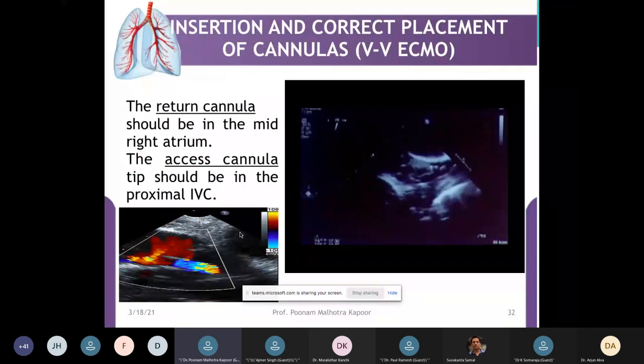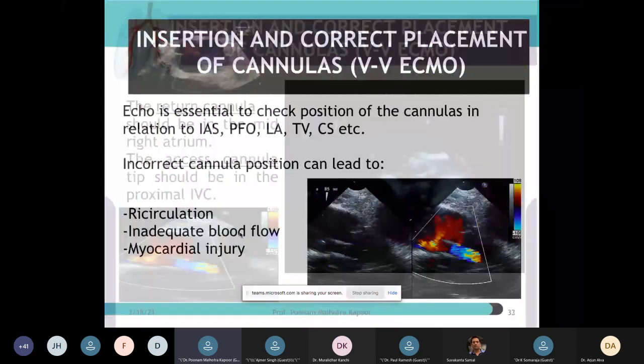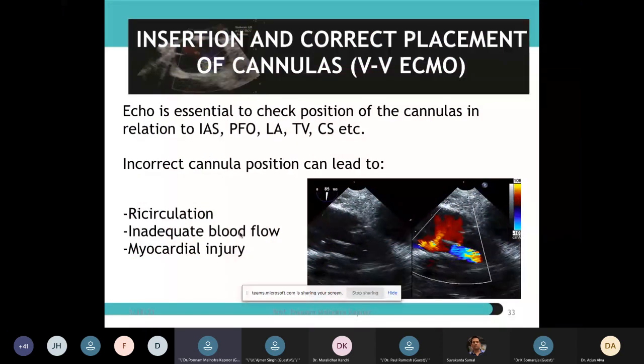The return cannula in a veno-venous ECMO should be in the mid-right atrium, and the access cannula should be in the proximal IVC. Too close a cannula would cause a lot of recirculation, and as an intensivist, as an echocardiographer, you can tell the treating physician that these cannulas need to be pulled out if they're too close to each other. Echo is essential to check the position of the cannulas in relation to any interatrial septum, PFO, LA, tricuspid valve, coronary sinus, etc. Incorrect positioning of the cannulas and migration of the cannulas would lead to recirculation, inadequate blood flow,